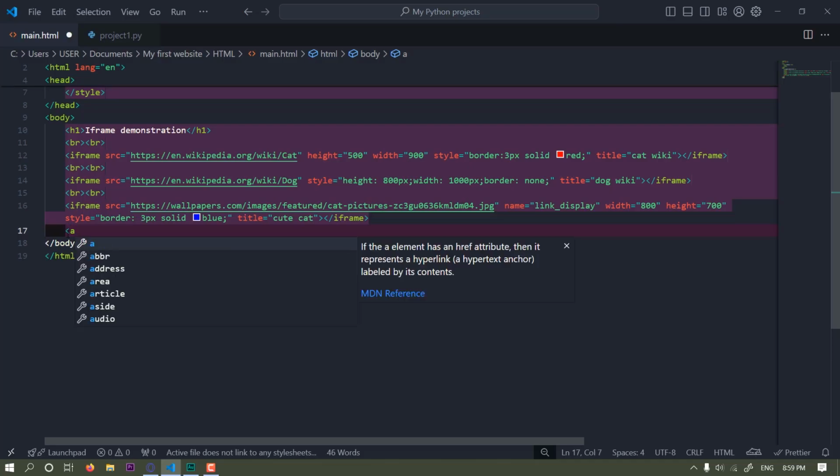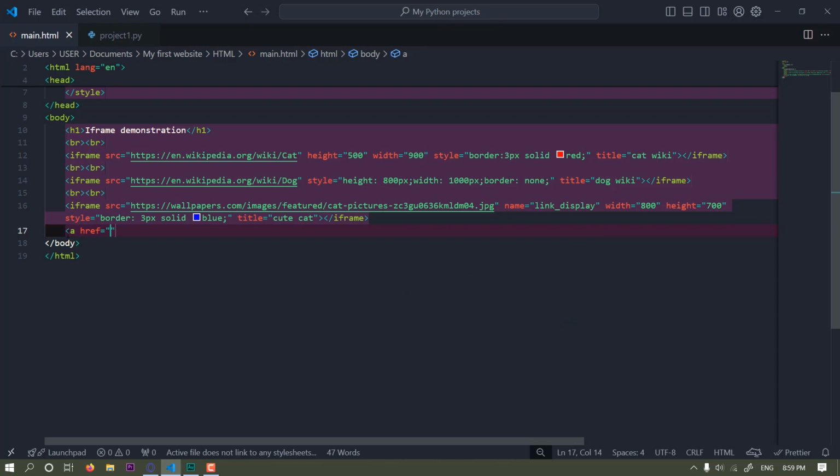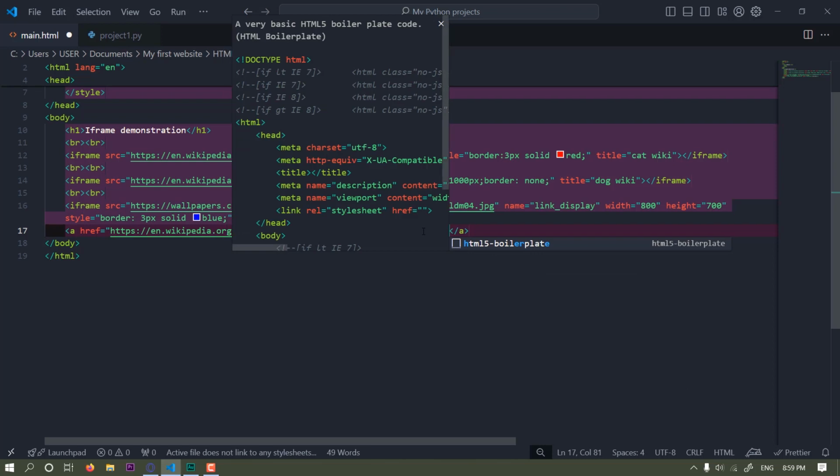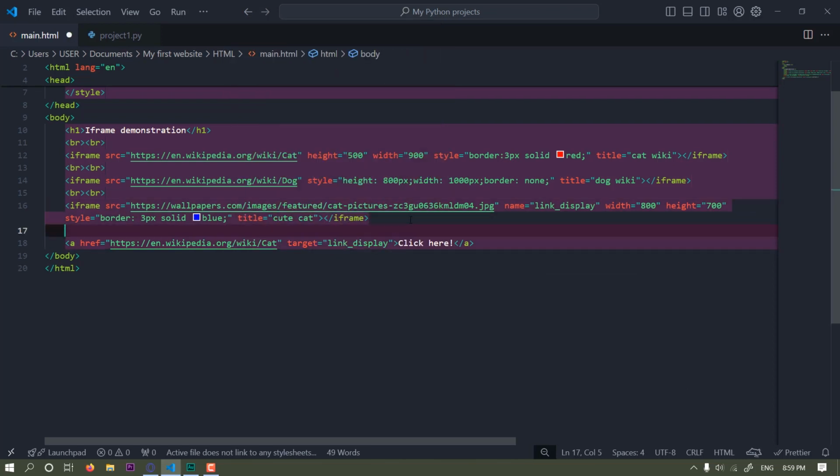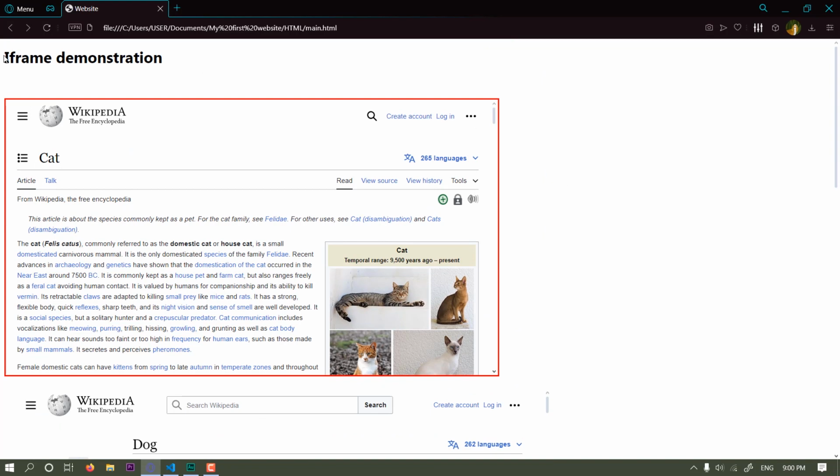Okay, a little bit of spelling error over here. Please let's have a link href. I'm gonna copy the link up here and paste it down here. And then the target attribute is going to have the name that's assigned to this iframe up here. Link display. Okay, let me just delete that. Click here. Let's add a line break down here. Control S to save. Okay, as you can see here, we have our H1 iframe demonstration, and then we have an